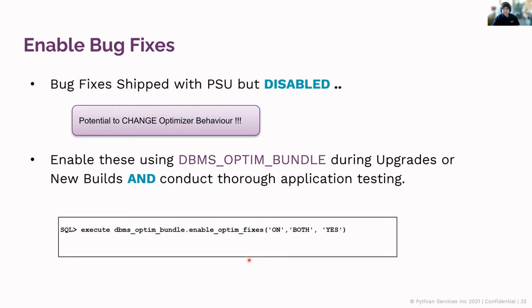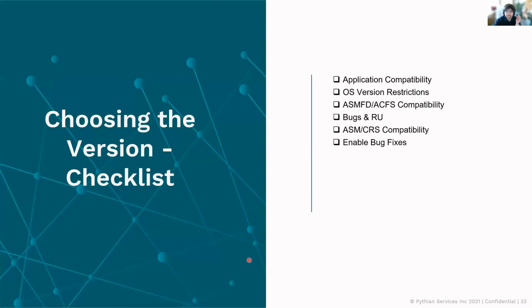So what we've seen thus far is the checklist, the things you need to be careful about when you are choosing a version. What are the things that should be a part of your checklist? You should probably go through these notes and verify and confirm what you can look at. Okay, so let's move on to the next thing.